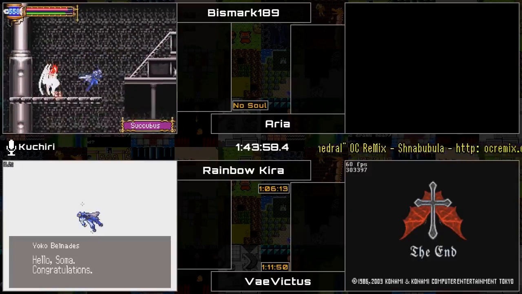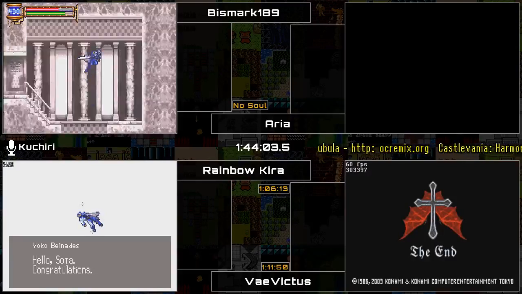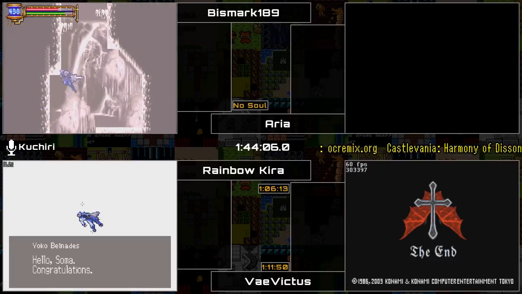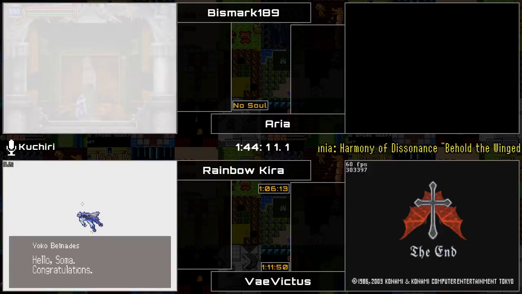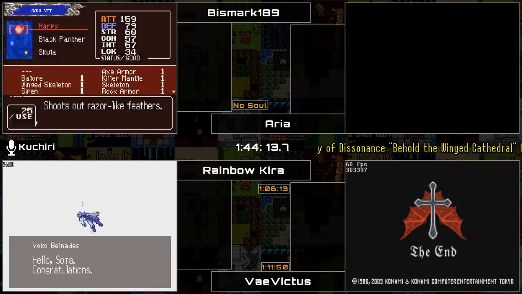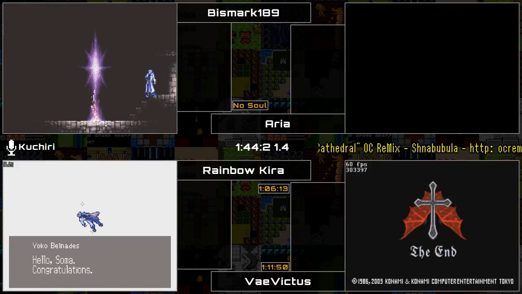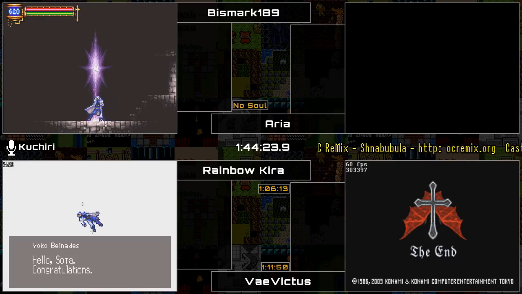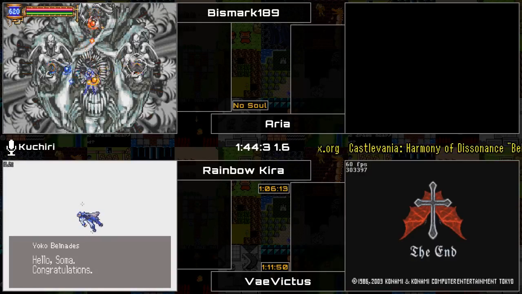Saw something that the Iron Golem was guarding and said no thank you. Hi Stolas. Bye Stolas. Oh gosh, Clock Tower. Please don't remind me of that place ever again. There we go. Thanks to Black Panther and all the other mobility, Kuchiri has approached the final gate. Or Bismarck has, excuse me. Kuchiri, I know you had to take care of stuff, but they're...